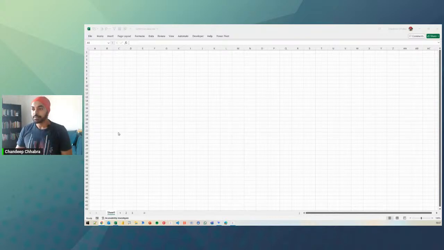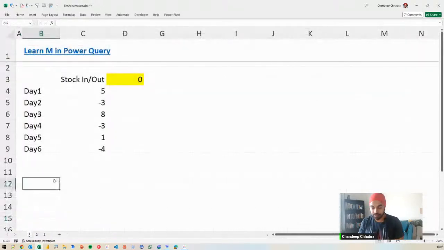I am going to talk about list.accumulate. The List.accumulate function works like a ledger. I'm sure anybody from an accounting background would appreciate how accounts are made. You have a closing balance, the closing balance becomes the opening balance the next time, and then you do something, you get a closing balance again, and so on and so forth. So if you are an accounting person, the list.accumulate concept is really going to jive with you,